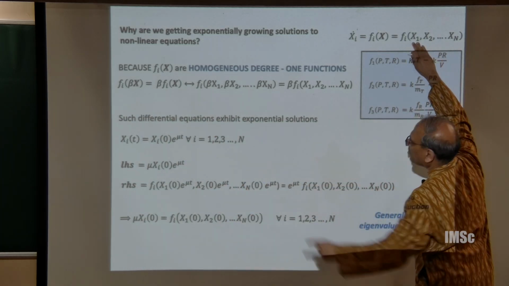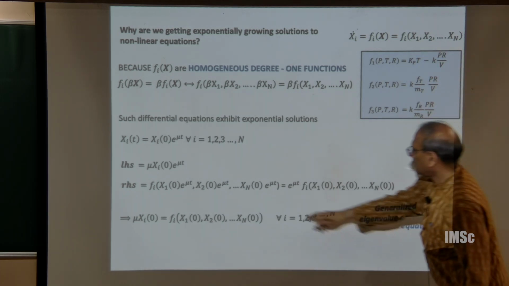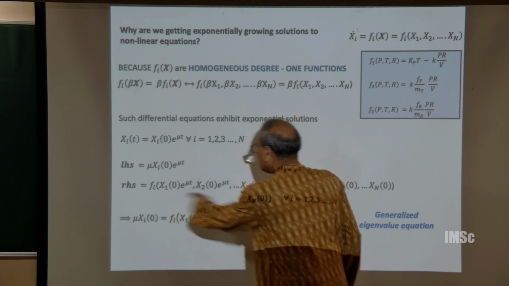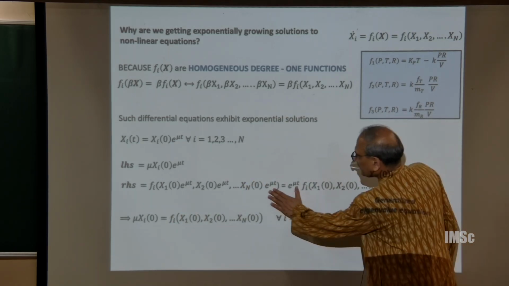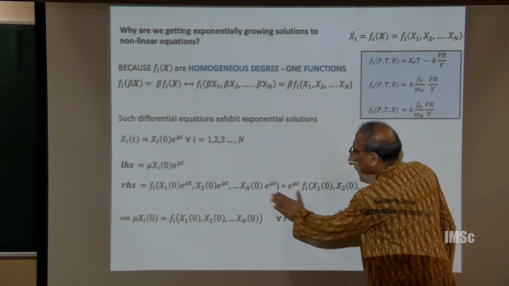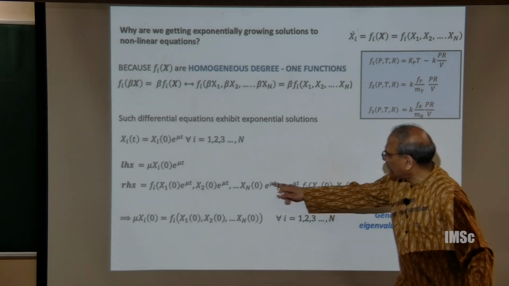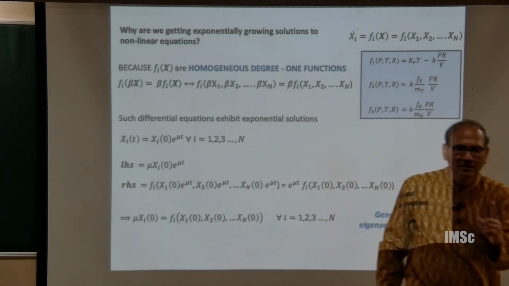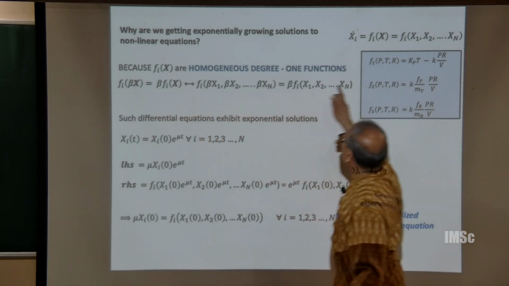Each x1 of 0 e to the mu t, x2 of 0 e to the mu t, etc. Okay? So the right hand side is this. But notice that this is as if your beta was e to the mu t. All of these x's are being multiplied by the same scale factor, which is beta. And so, by virtue of this property,